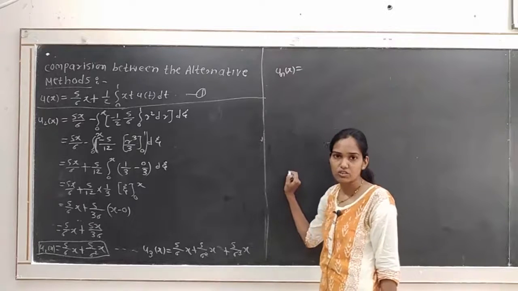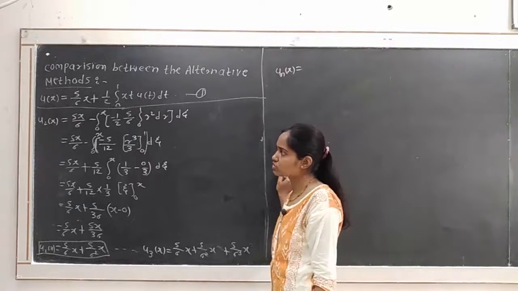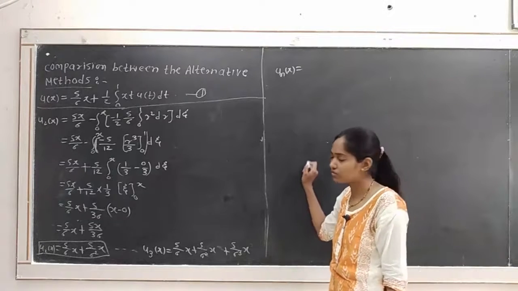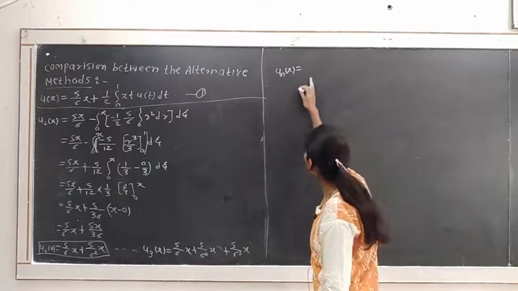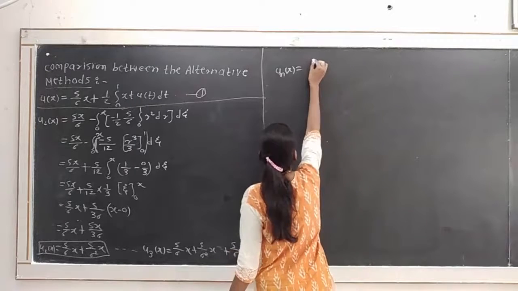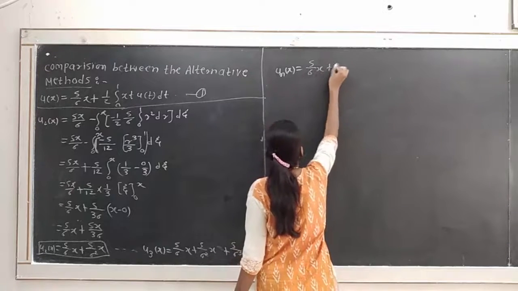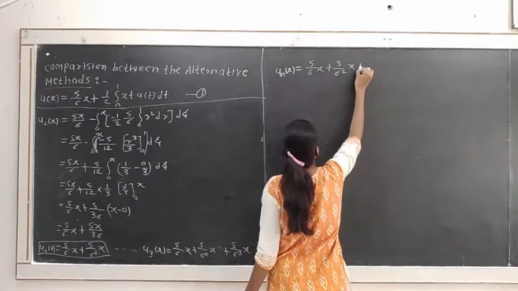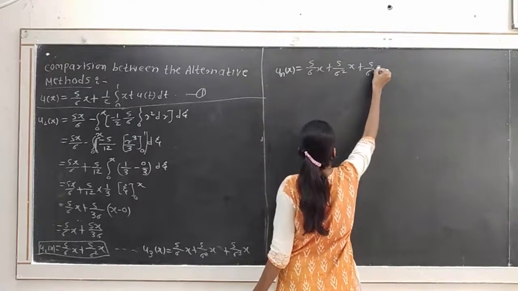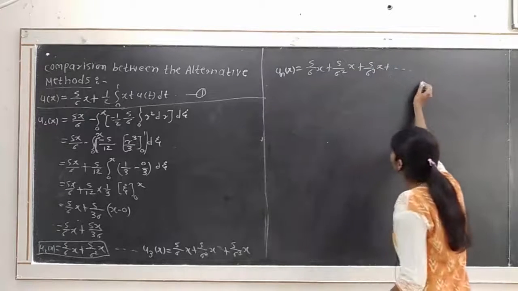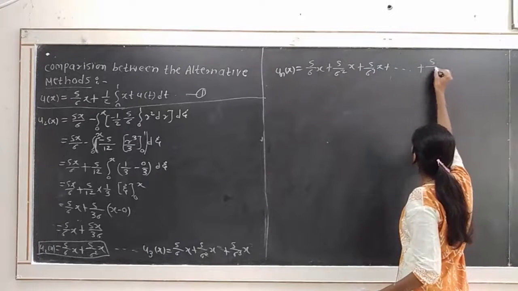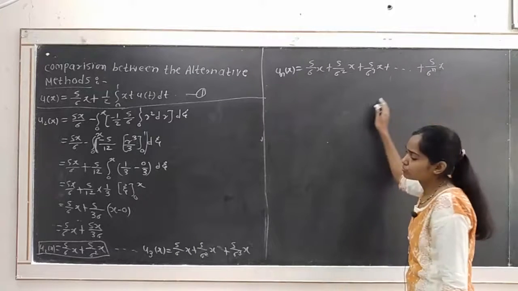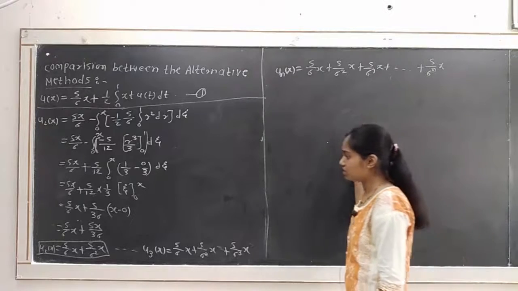Okay, u1 of x, u0 of x. We take the first approximation, u0 of x will be 0. Then using the correctional function we find u1 of x, u2 of x, and un of x. In this way we get 5 divided by 6 into x plus 5 divided by 6 raised to 2 into x plus 5 divided by 6 raised to 3 into x, up to 5 divided by 6 raised to n into x for un of x.